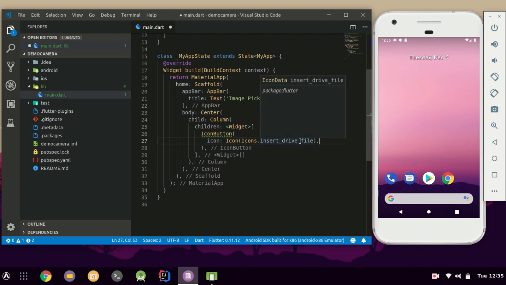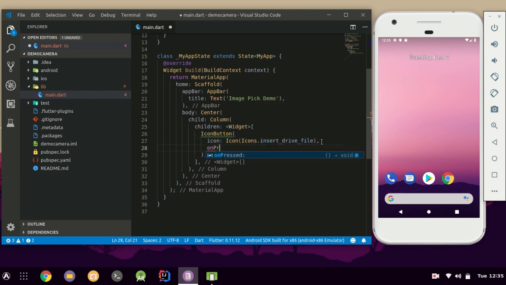Just hover over this name to view this icon, and we will create a blank onPressed method, and then I want to actually copy paste this